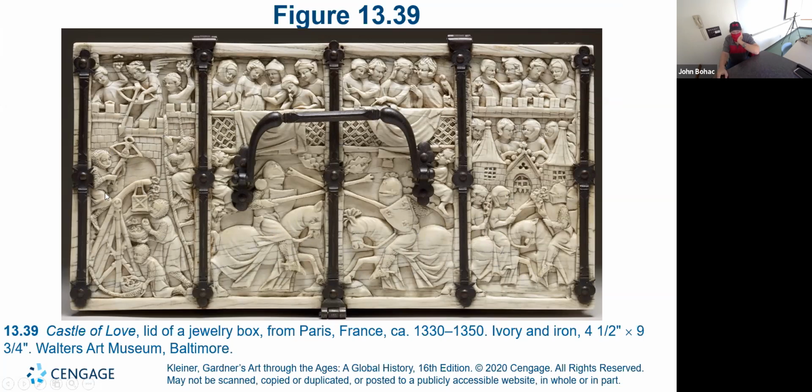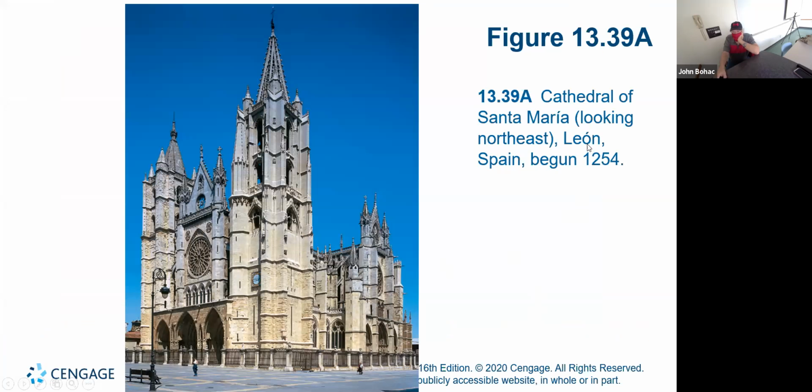And so how they lived is pretty much depicted on this jewelry box. And so, anyway, I was telling you, this is Santa Maria from Leon, Spain. That's what I got confused on earlier. And you see all of the hallmarks of Gothic architecture. And so these things out here, those are buttresses. You don't see that so much on here, but